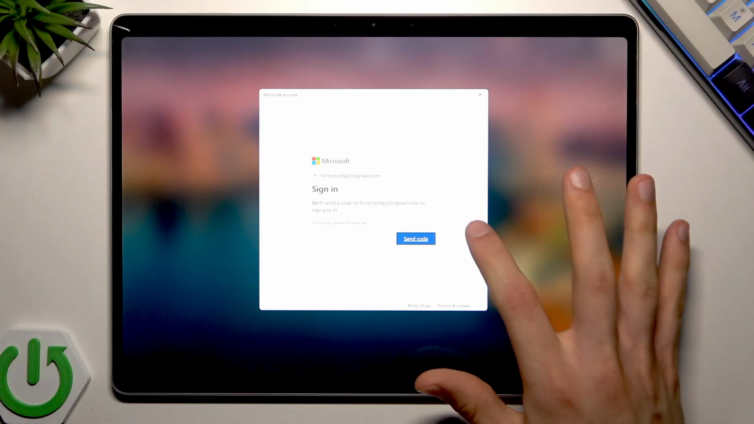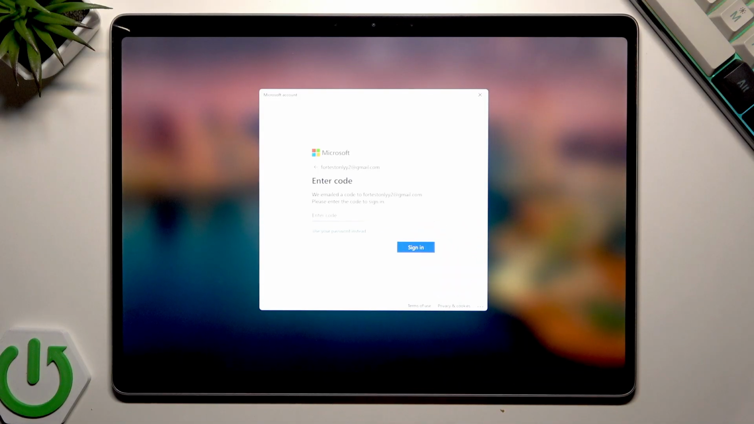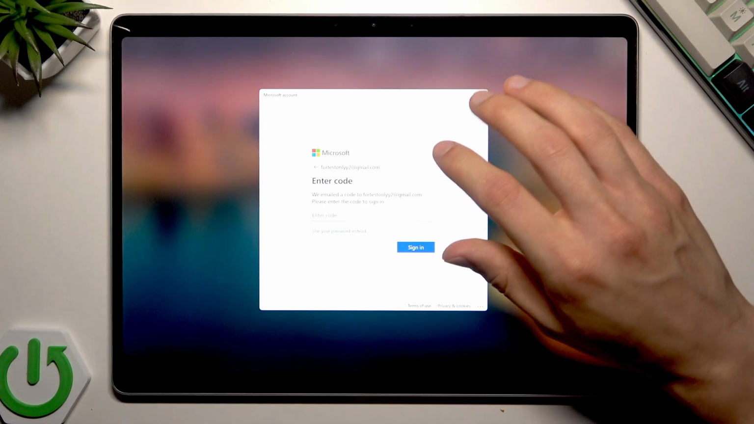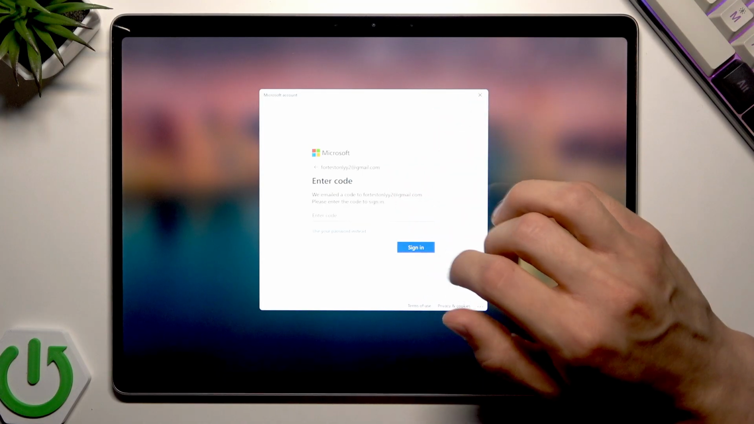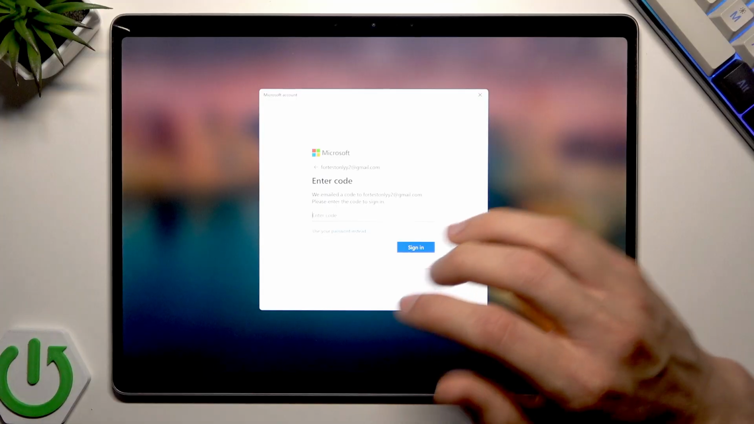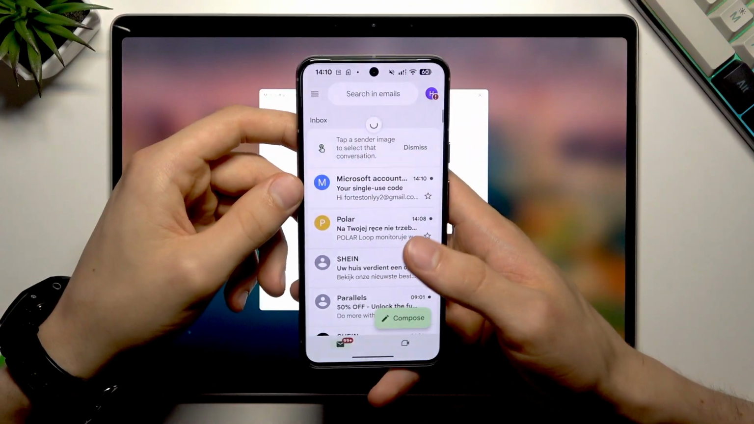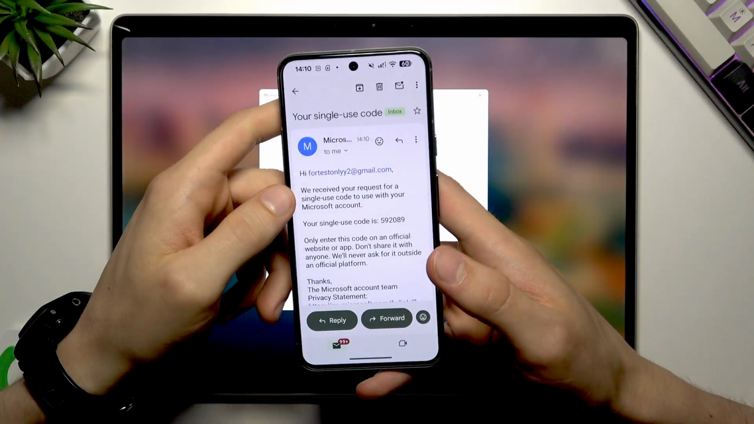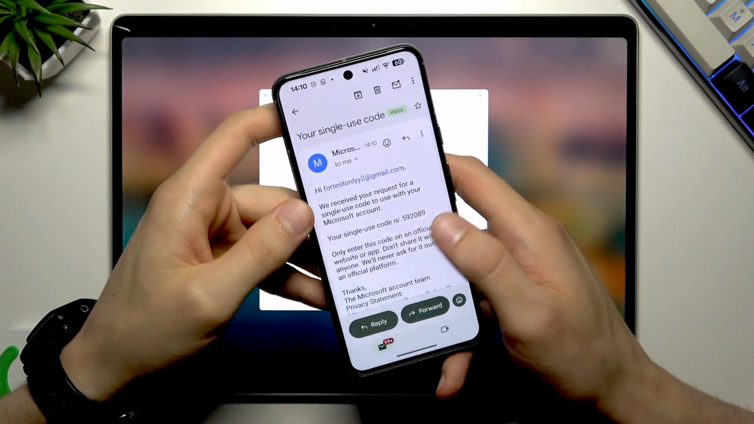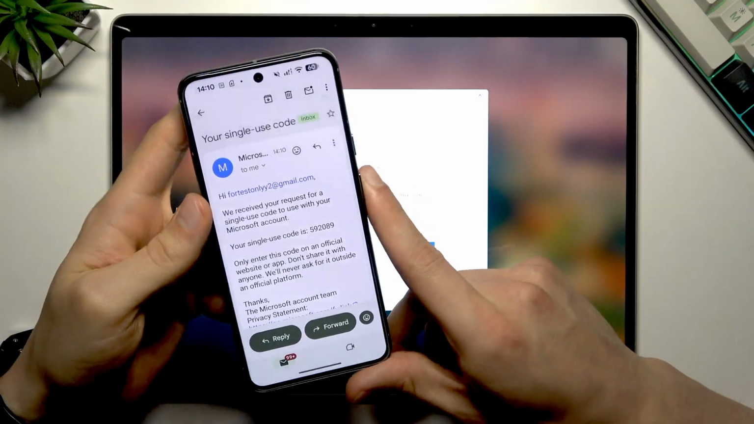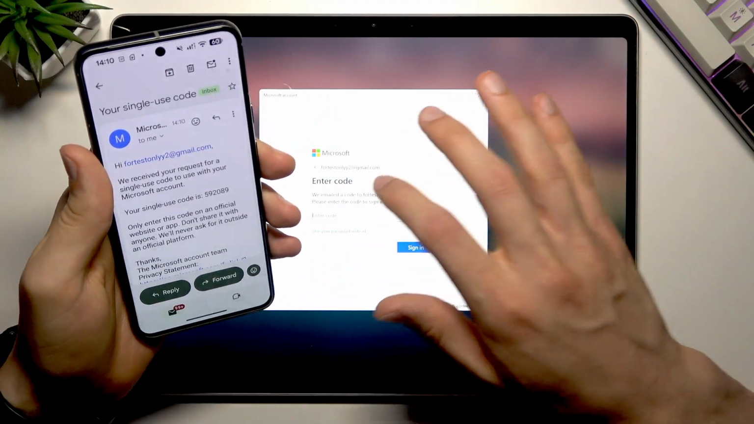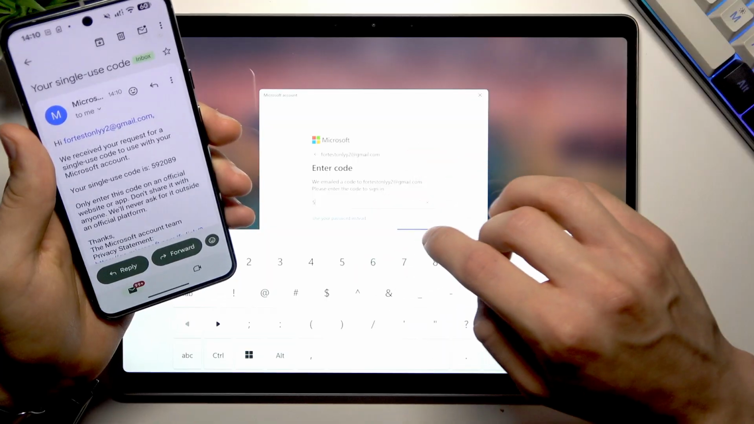But basically, if you are the first kind of user who has the Windows account or Microsoft account connected, tap send code, then check your email that is linked with your Microsoft account. Here you'll find your single-use code in the mail from Microsoft. You have to enter this code into this field,